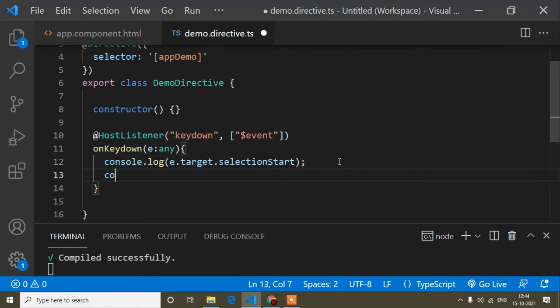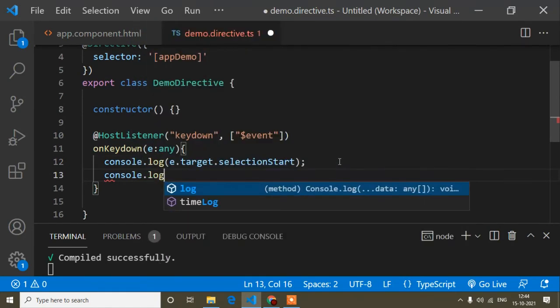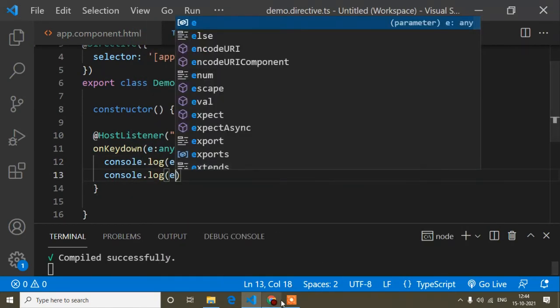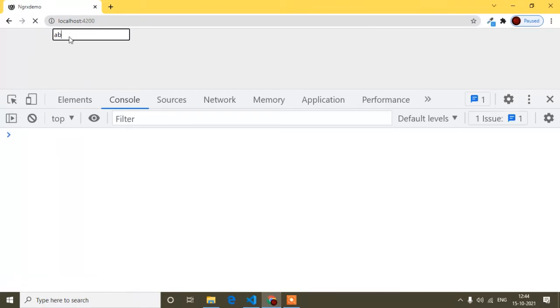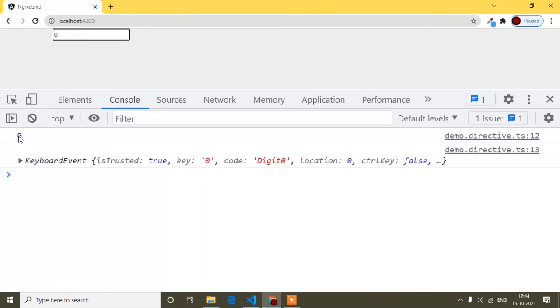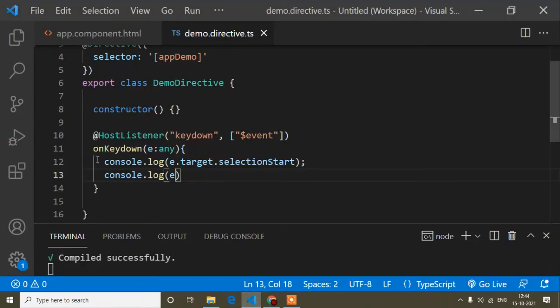If I show again console.log and only e, now I will remove this one, and now if I press 0 as a first character, here you can see the index is 0 in line number 12, this one.